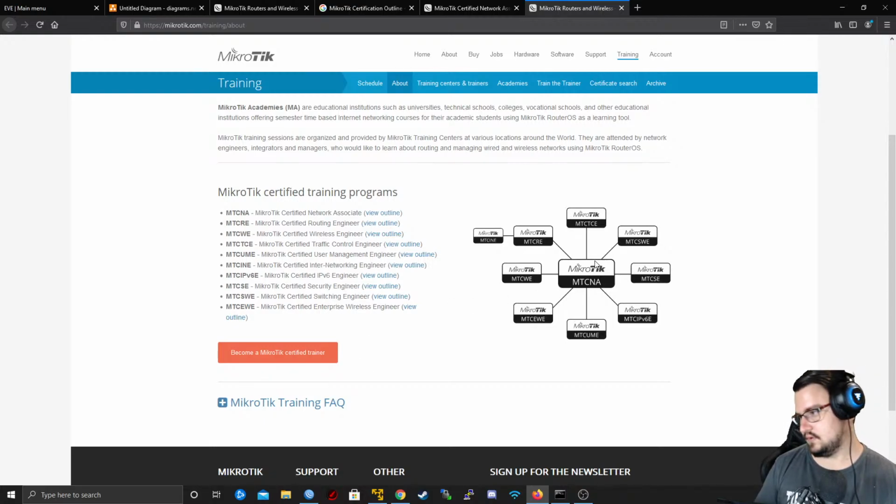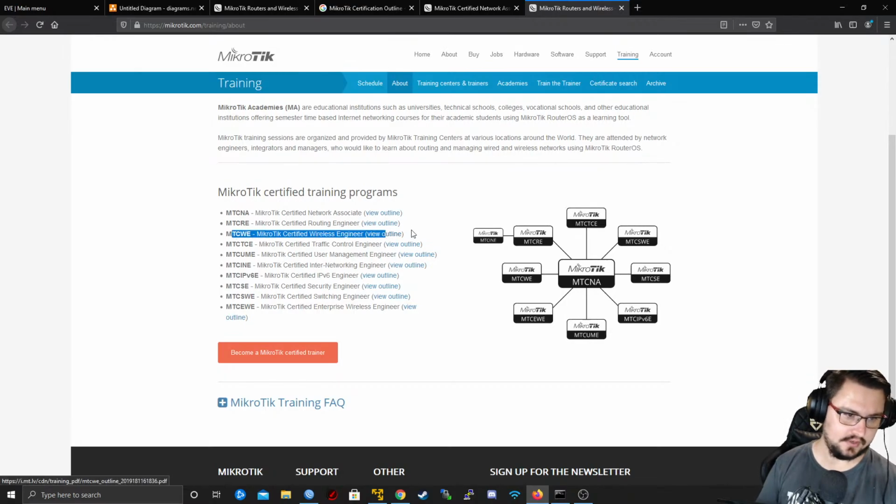Many people that try to get into MikroTik will obviously start with the MTCNA, because that is where you need to begin for anything anyway. But they've also brought out a few interesting additional certifications. Club, maybe you'd like to do something like the wireless engineer, which will dive a lot deeper